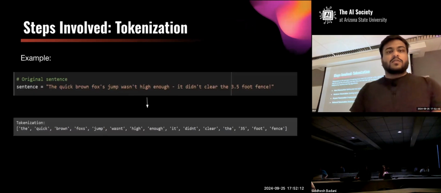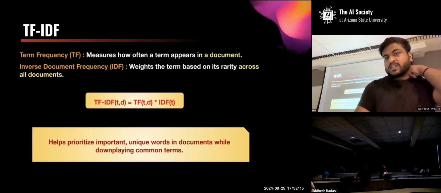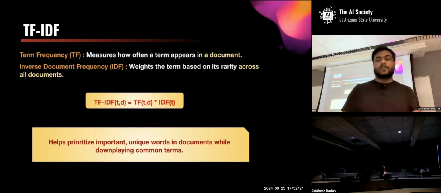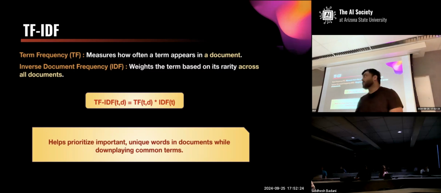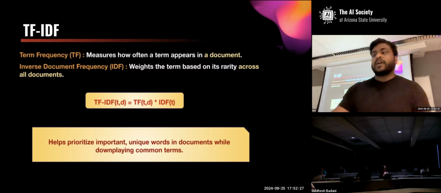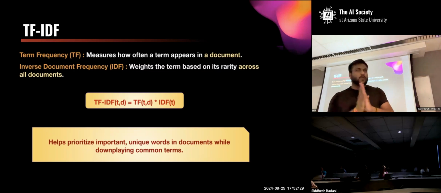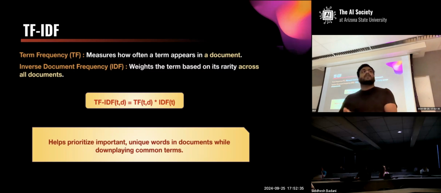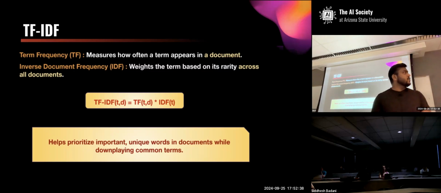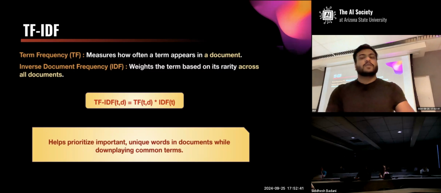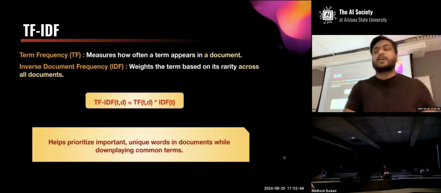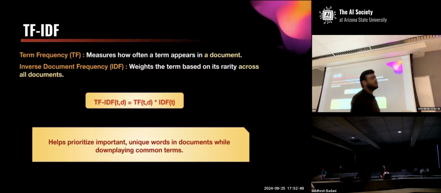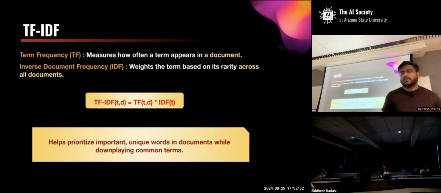So this technique basically uses two terms, which are term frequency for TF and inverse document frequency. It measures the frequency of a word and compares it to the frequency of the word across the documents. So basically the inverse frequency makes sure that the words which are more important for our analysis get more value. So for example,